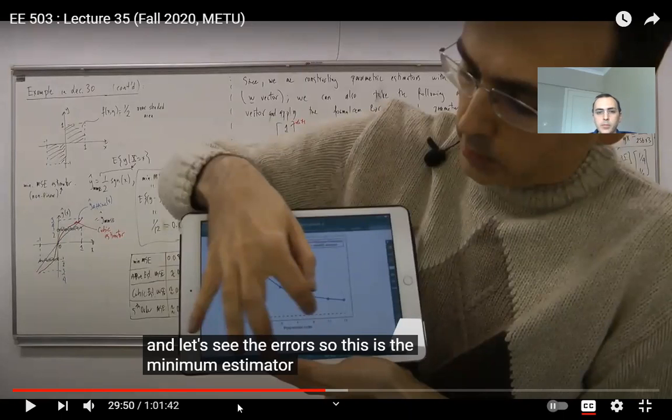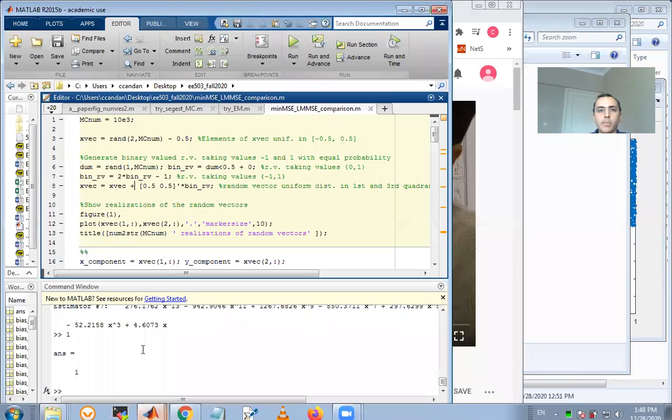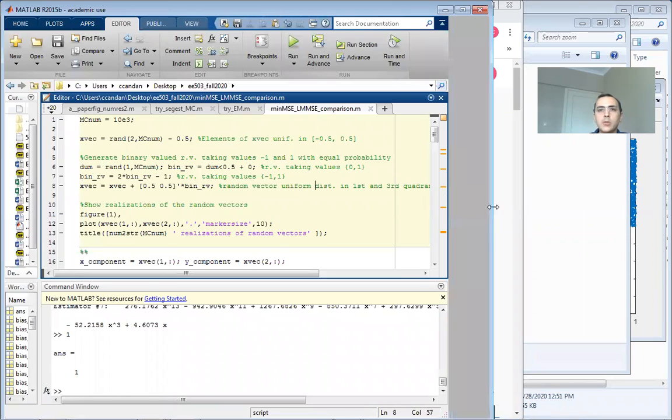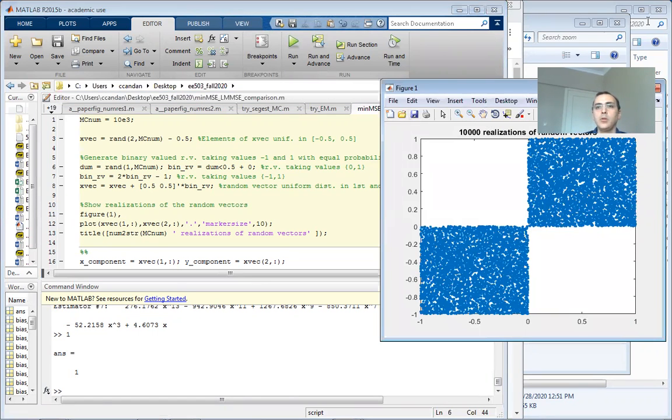Okay, so let me switch to the Matlab. So this was the Matlab code that I'll be sharing as a link in the description of this video. In the first line of this Matlab code, you see the following: the number of Monte Carlo runs is set as 10,000. Okay, so if I run this first piece, you see